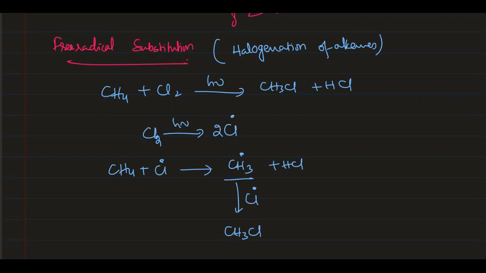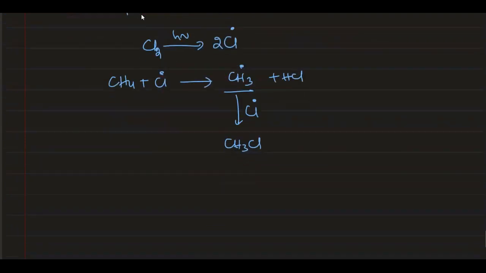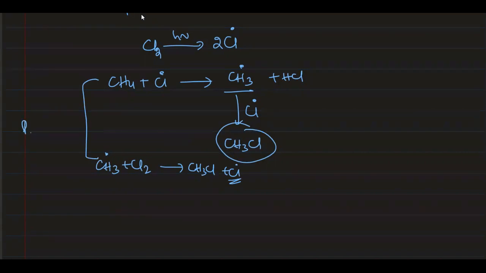Again, this is one way. Another way is the CH3 radical reacts with another Cl2. This is one way, but this reaction gives rise to termination of the process actually. In general, in reality, it doesn't happen like that. This CH3 radical will react with the next molecule of chlorine, generating CH3Cl plus Cl radical. Now, this type of reaction goes on. This is called the propagation step.